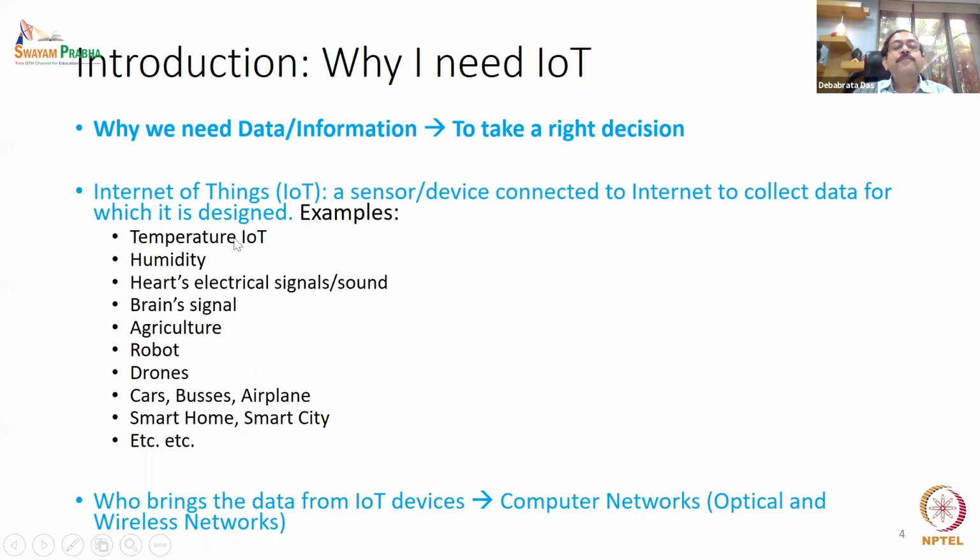One is only temperature, maybe every 30 seconds one temperature reading is going, and if the delay is 1 second to reach the data center, no problem. But in the case of the heart, in an emergency, it has to reach the destination in 10 milliseconds to the doctor, whereas 1 second means 1000 milliseconds in the temperature case. So look, the requirement from the network is different. One case 1000 milliseconds, one case 10 milliseconds. So looking at that,